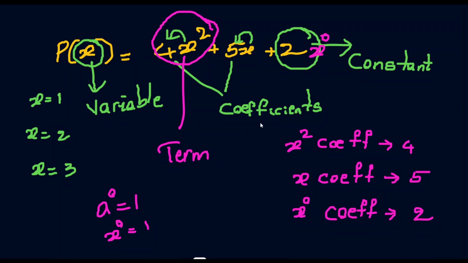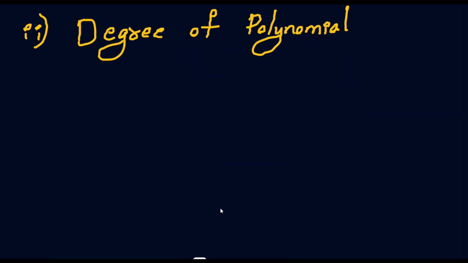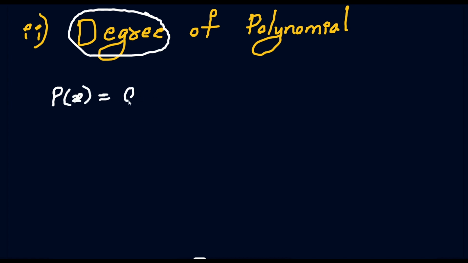So I hope you understand what a term, variable, coefficient and constant are. These terminologies are very important for you to understand further topics. Now, what exactly is degree? For example, just now I have taken one example, right? Let me take another one. So, ax plus b. This is one polynomial I can take, and here I'm taking another polynomial.